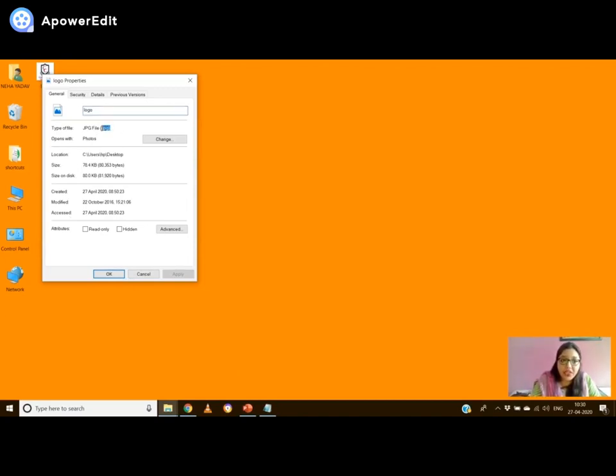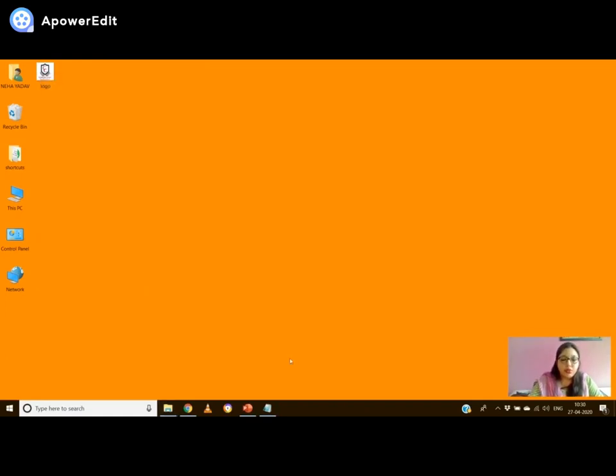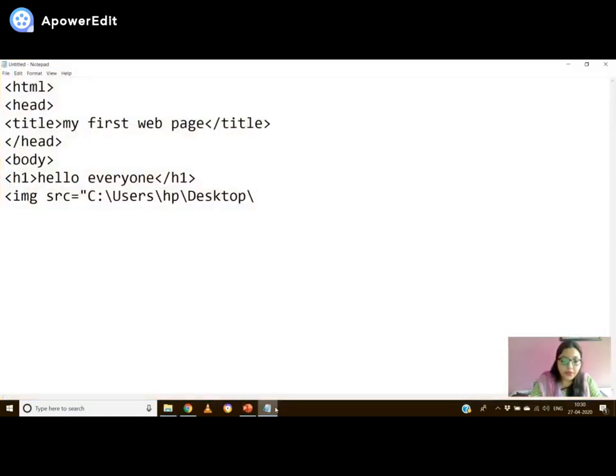And you have to mention the file extension also, because there are many files with different file formats. It can be JPG, it can be PNG. So it is very important to define the extension also. So the file name is logo.jpg, right? Now I'm going to close this double quotes and close this also.